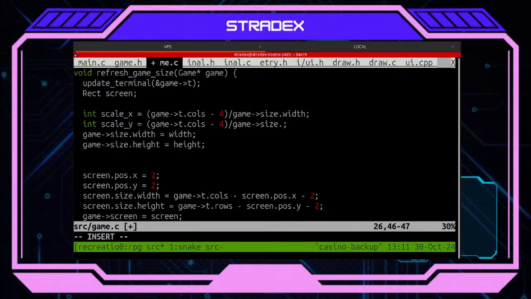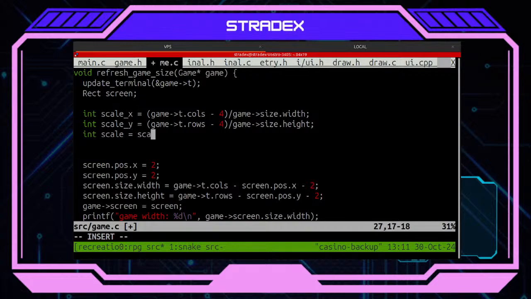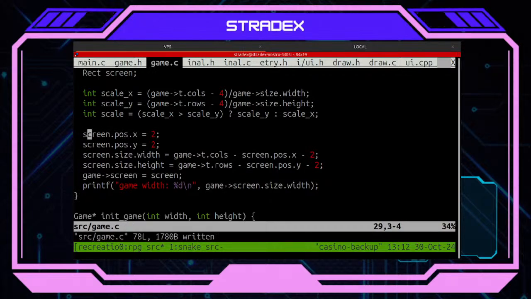And this divide is game size dot height. If scale x greater than scale y, then set scale y, otherwise set scale x. So basically now what I want to do is the following thing. Scale, multiply the scale,